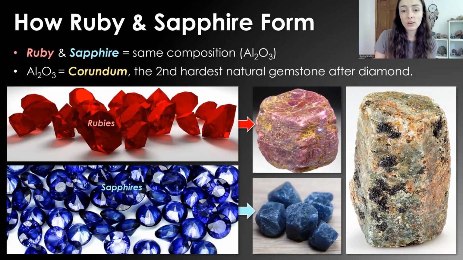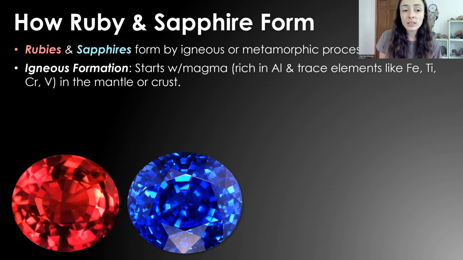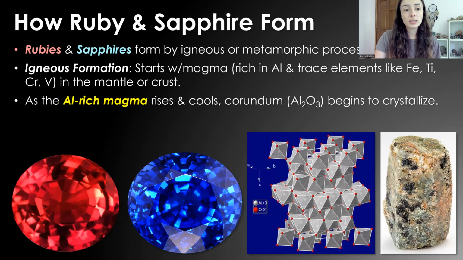It's actually the second hardest natural gemstone after diamond. Rubies and sapphires form by both igneous and metamorphic processes. Their igneous formation starts with magma that's rich in aluminum and trace elements like iron, titanium, chromium, and vanadium in the mantle or crust. And as the aluminum-rich magma rises and cools, corundum, aluminum oxide, begins